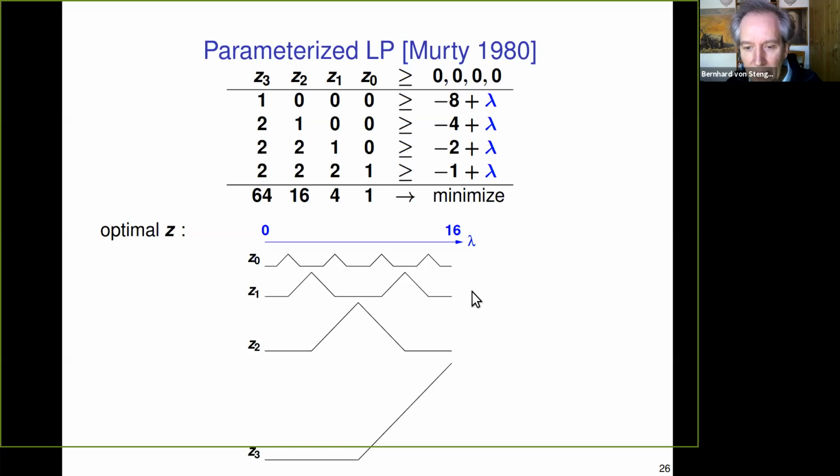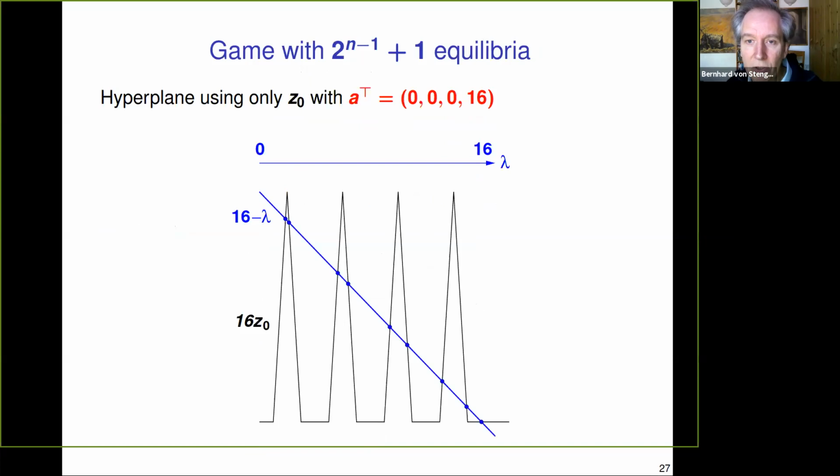It's exponentially many linear pieces: 2 to the dimension. Here the dimension is 4, so 16 pieces. You can construct this with some trick. You can boost up these spikes and then find a suitable hyperplane, and in this case get an intersection like this, which has 2 plus